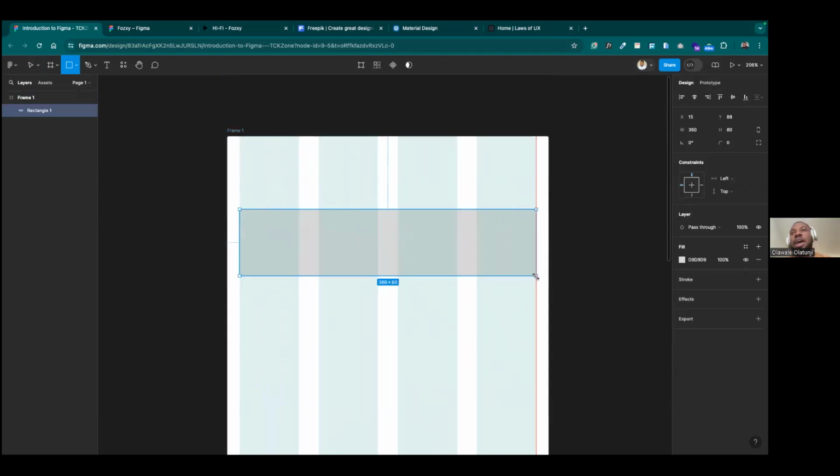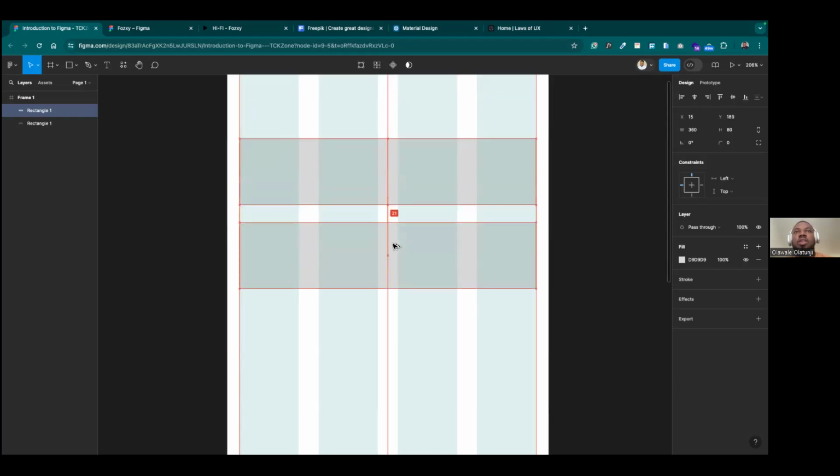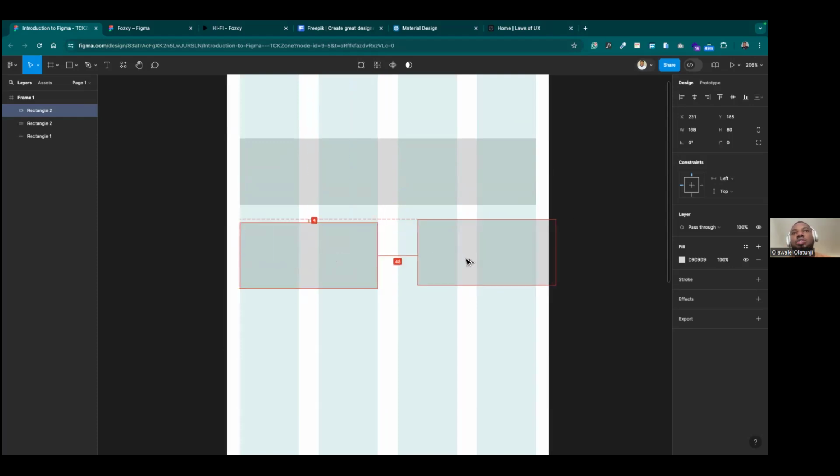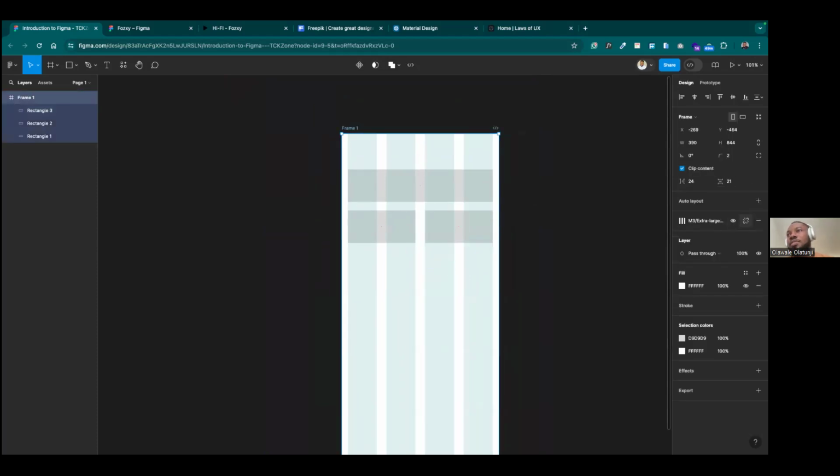So this grid now, I can see that this space here are my margins. I'm not going to put anything outside of this. And if I'm drawing another rectangle, I'm going to maintain this. If I need my rectangle to be this size, I just pick my grid and restrict it to my grid. This way I can make sure that my interface is clean